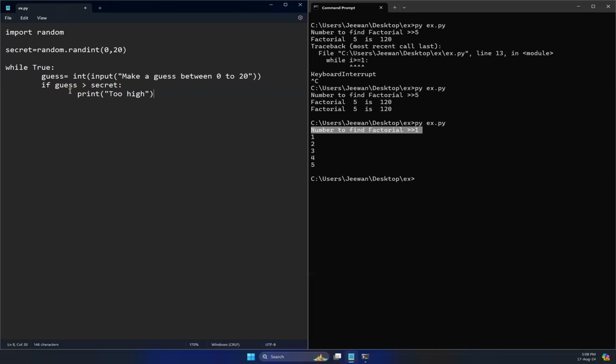If the guess is greater than secret. If the guess is else, if the guess is smaller than secret, I'm going to say too low. Else, which means only obviously it has to be the same. Else, I'm going to say